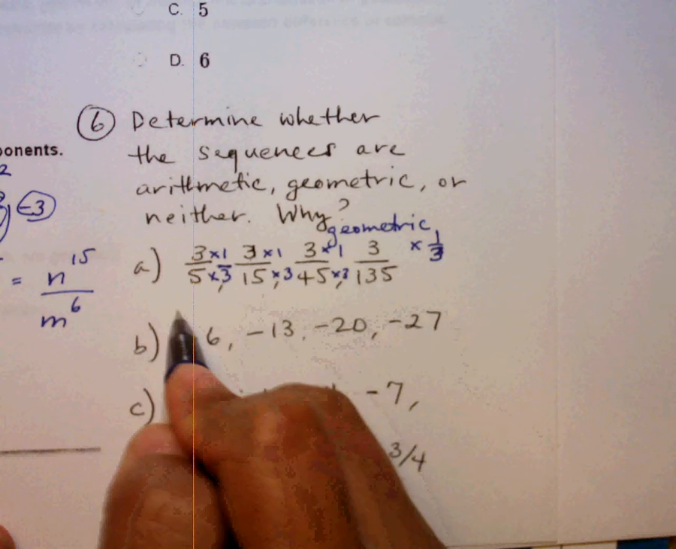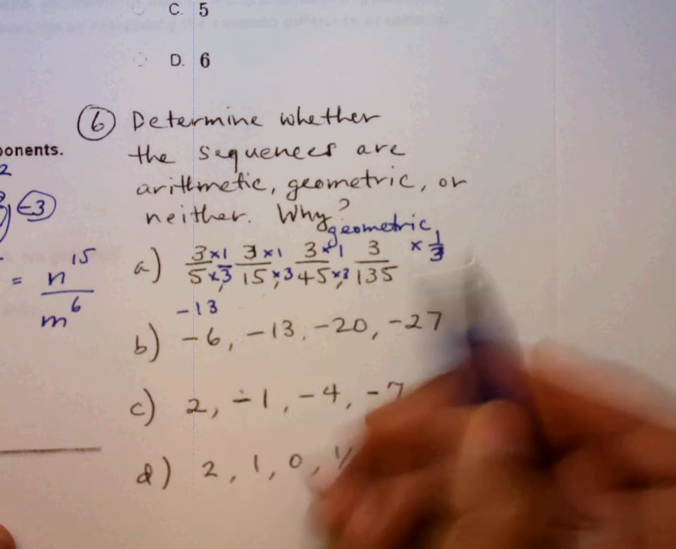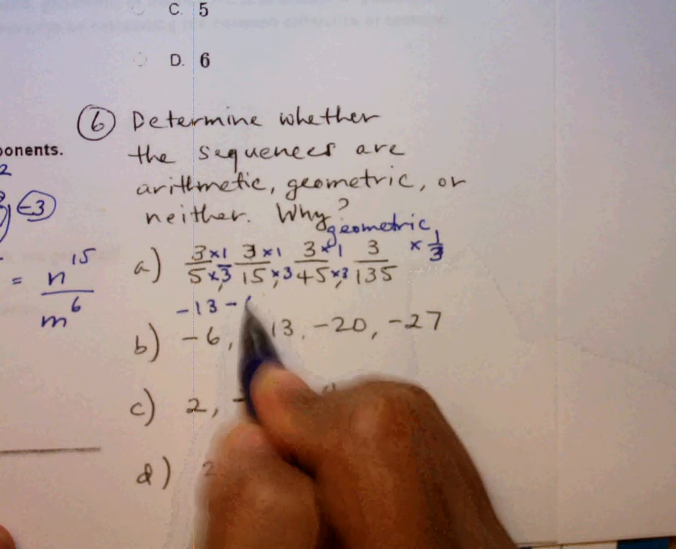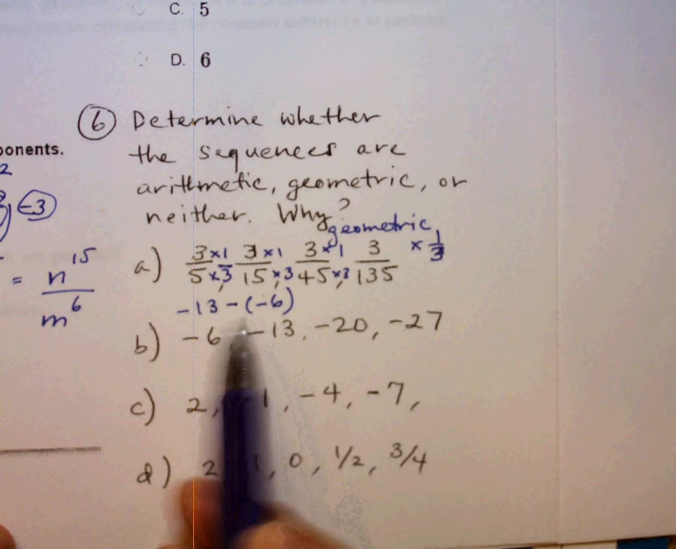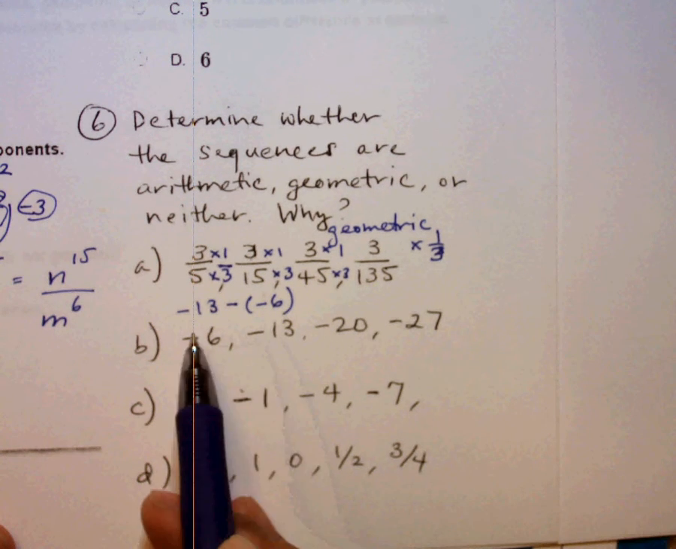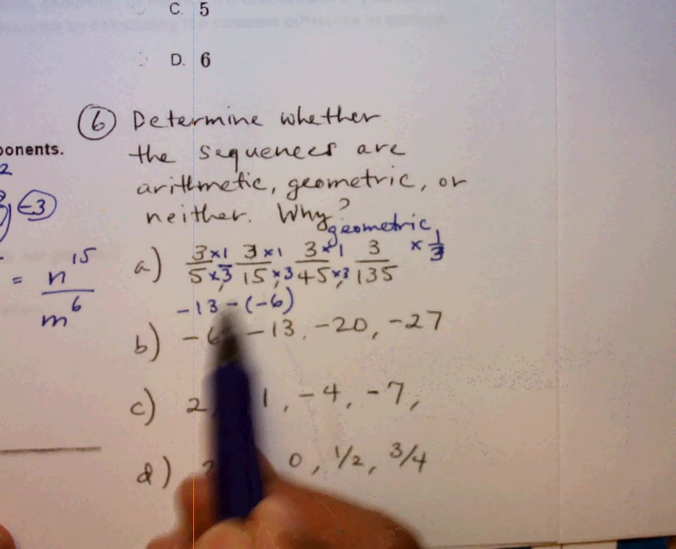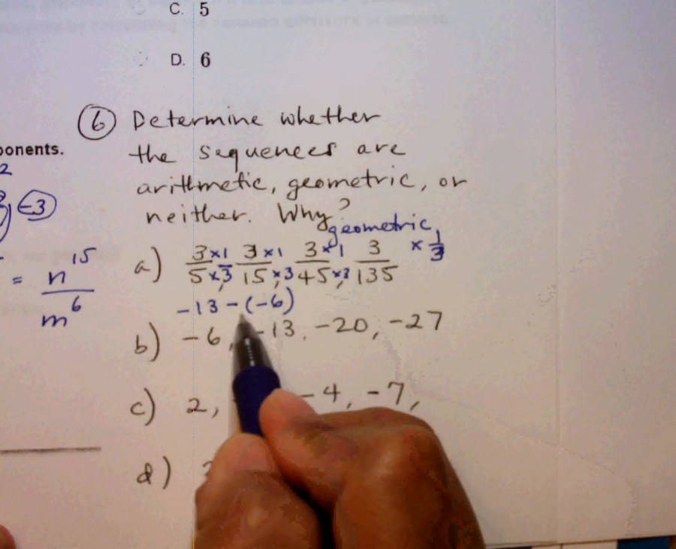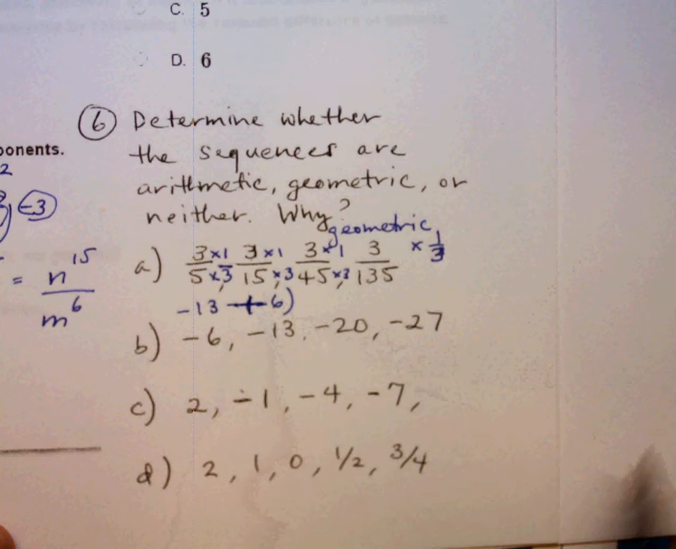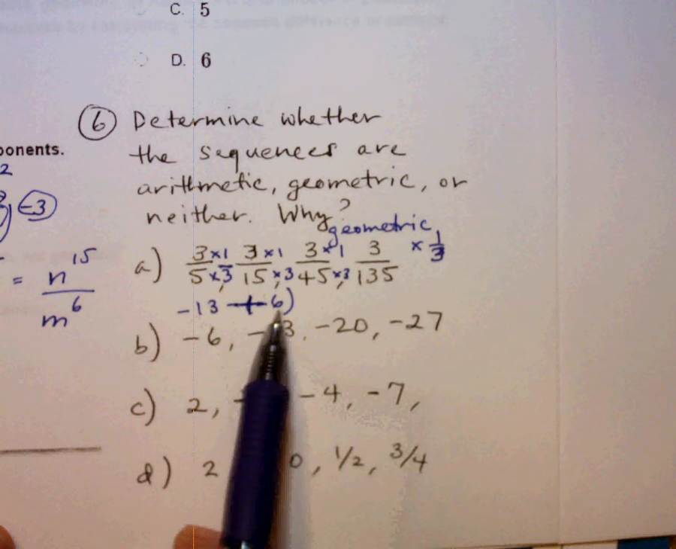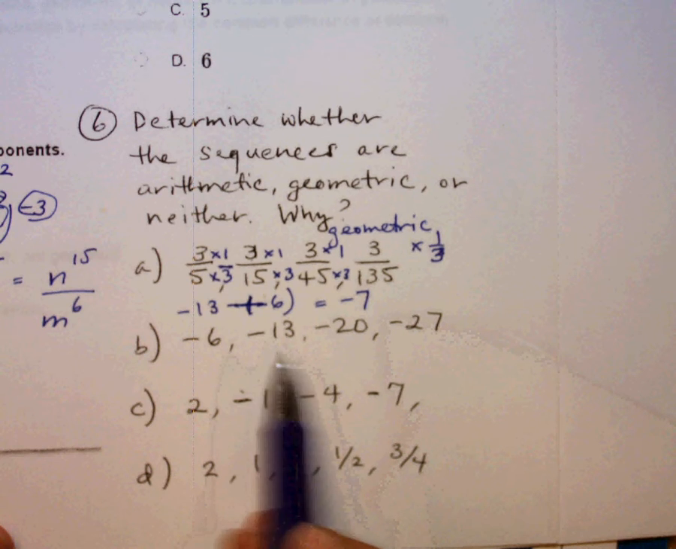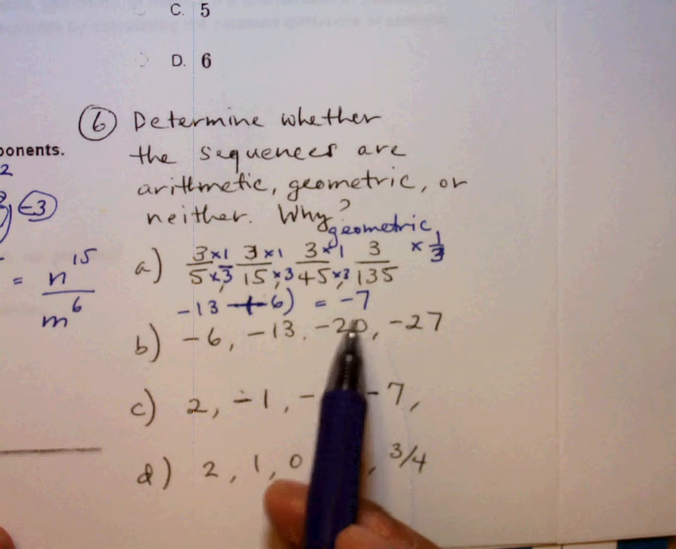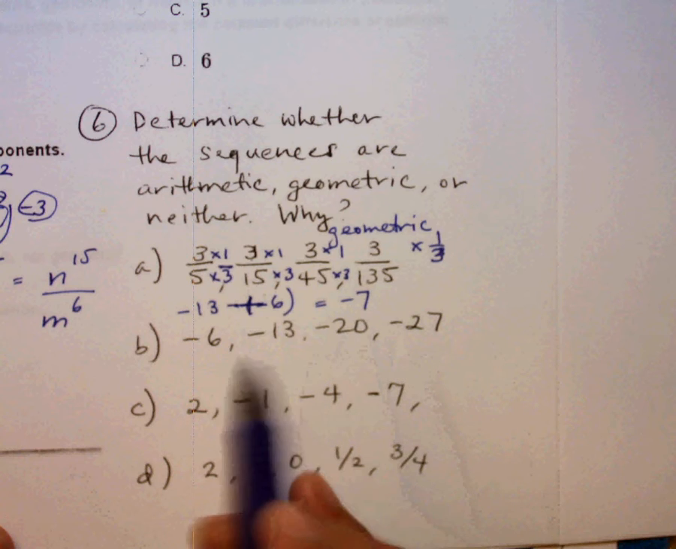I can take the second term, -13, and subtract -6. Whenever you do that, you subtract the first term from the second. I see I have double negatives here, so a double negative turns into a positive, and -13 plus 6 is -7. So I'm basically subtracting 7 each time. -7 is the same thing as